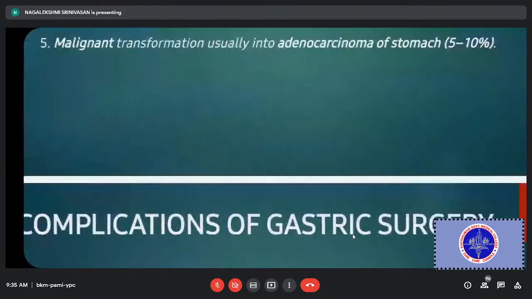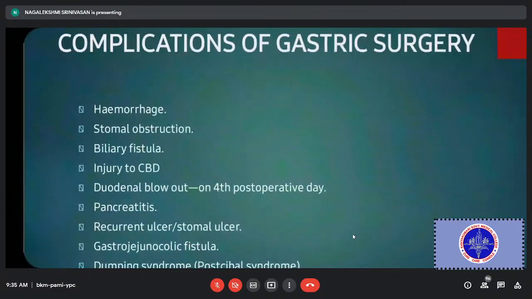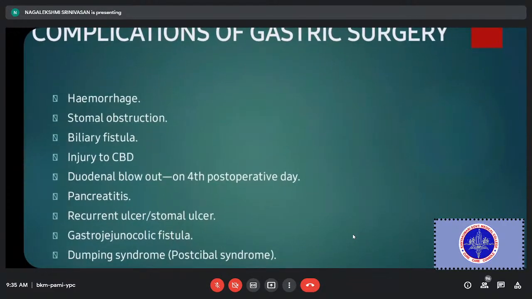Okay, complications of gastric surgery. We already discussed hemorrhage and stomal obstruction. What comes here is what happens after surgery. There can be biliary fistula, injury to the CBD, duodenal blowout on the fourth postoperative day, pancreatitis, recurrent ulcer,